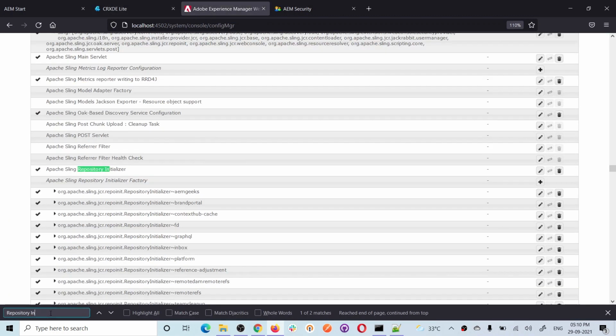This is very useful to create your service users and to move users from one instance to another instance. Now you do not need to maintain ACS Commons, if you are using it only to maintain service users and move users from one instance to another. And this is completely supported in AEM as a Cloud Service as well.